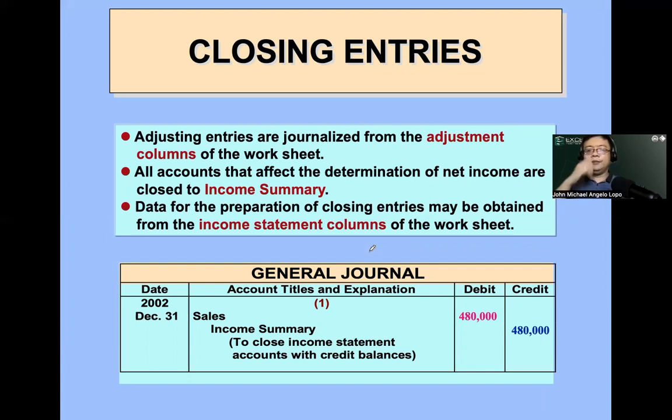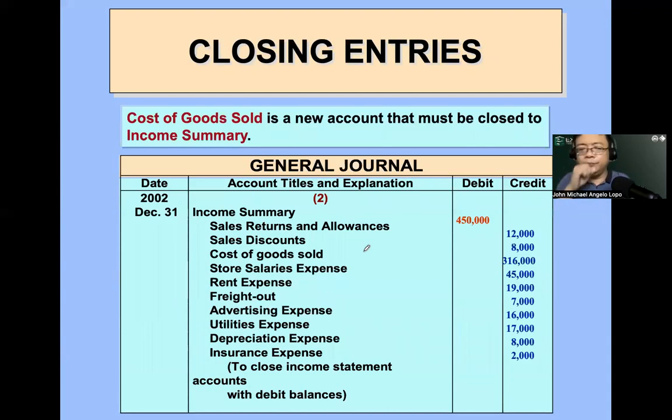Tama? Yes, class. No? So, tingnan mo class, bakit you debit sales? Because sales has a credit balance. To close that one, it is to be credited para maging zero. Okay? That's why we debit sales, credit income summary. Tingnan mo lahat yung mga credit debit balance. The SRA, the sales discount, cost of sales, mga expenses, lahat yan ay part ng ating expenses, no? And has a normal debit balance. So para masarado yan, we will credit it and then we have the income summary.